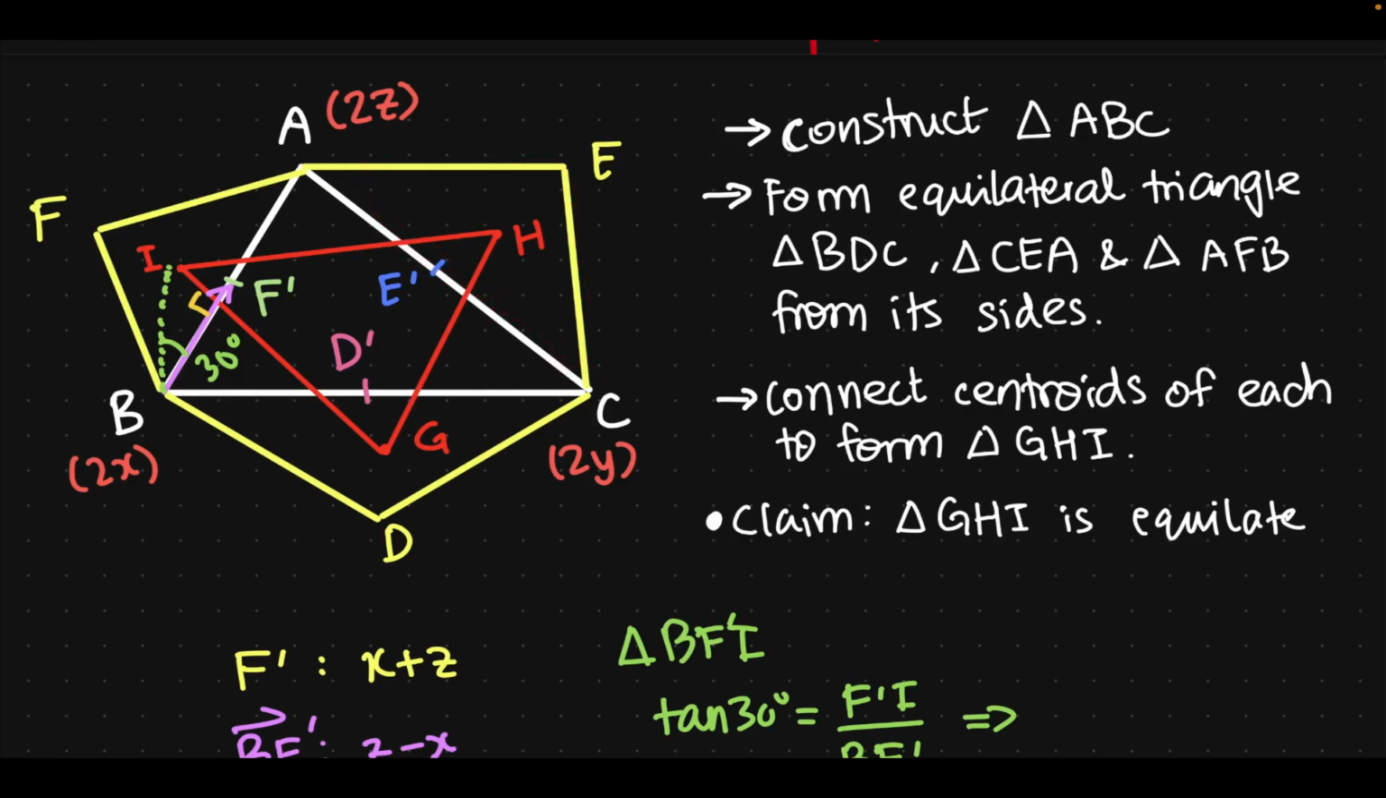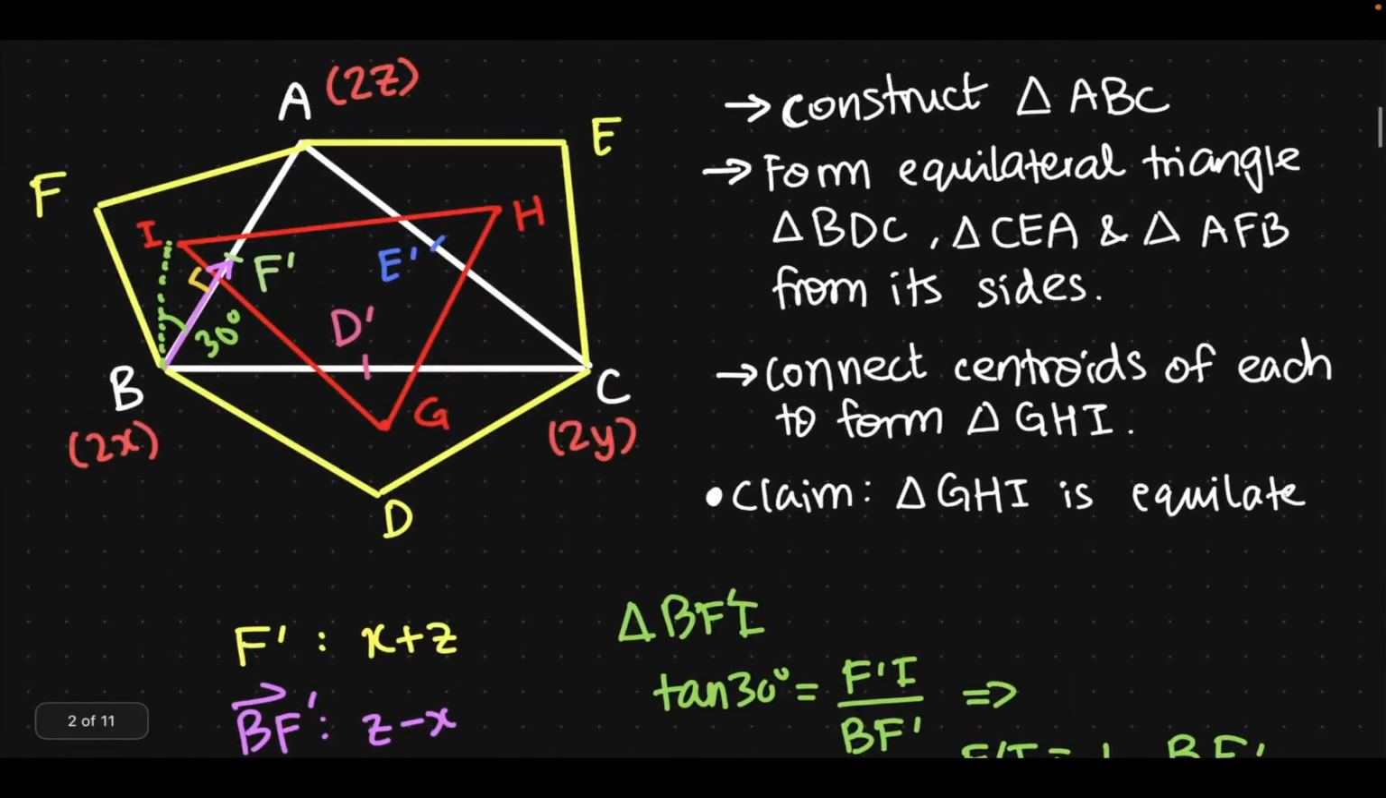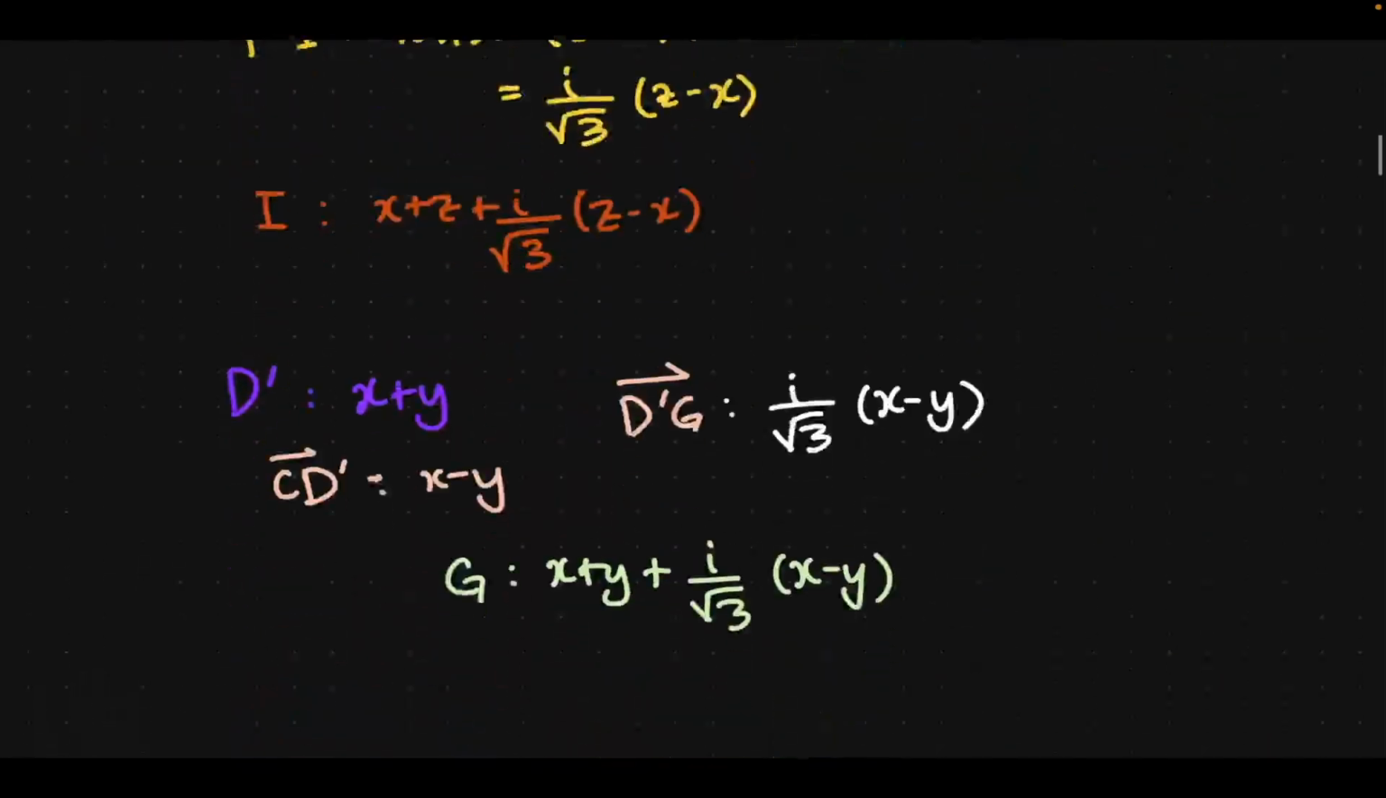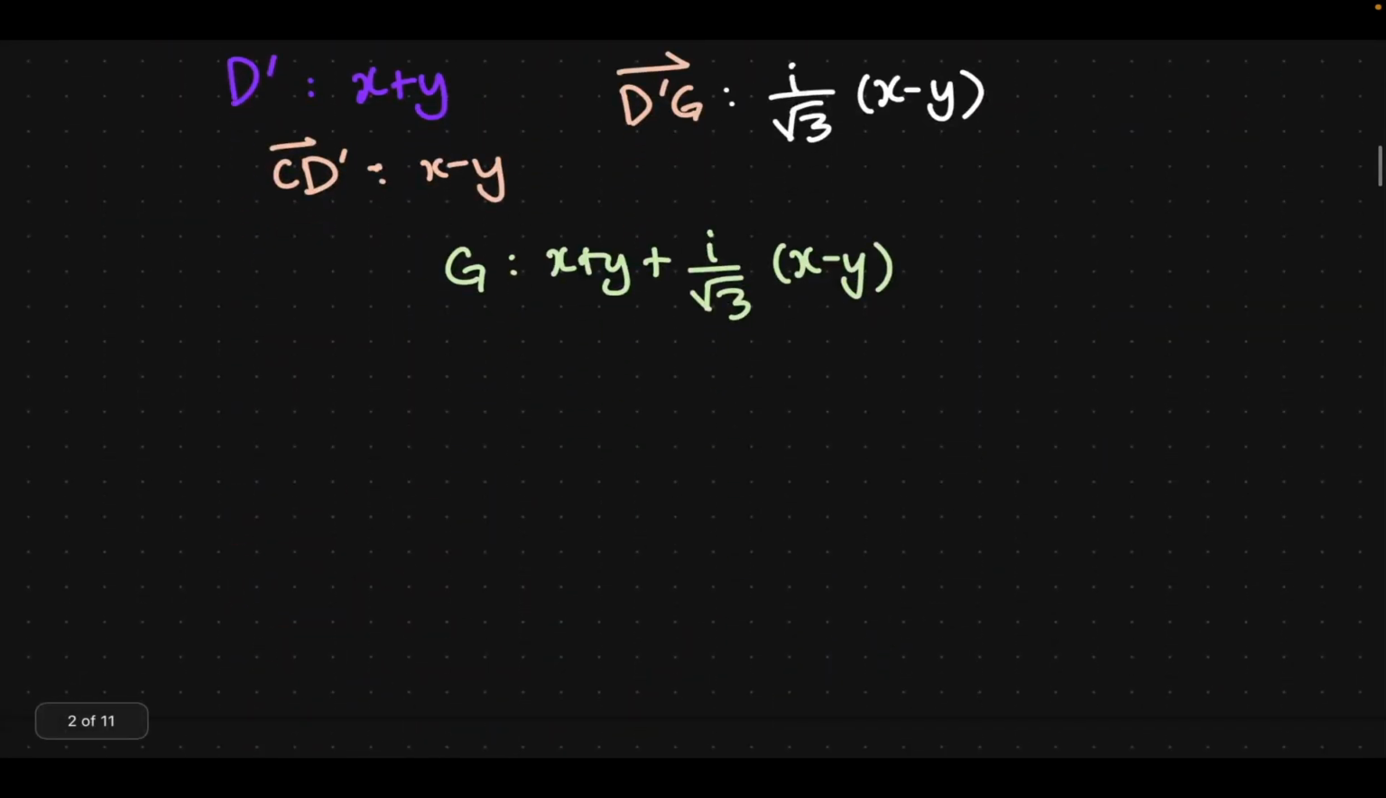This side now. So let's find the midpoint of AC, which is E prime. And trust me, the biggest concern I have is to ensure I keep changing the color. Okay, so E prime is y plus z. AE prime vector is y minus z,